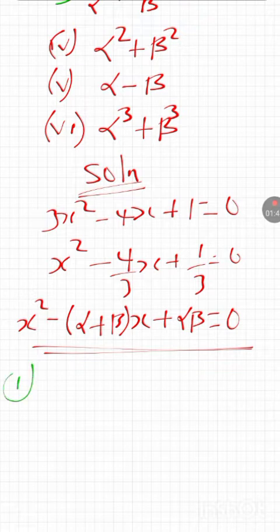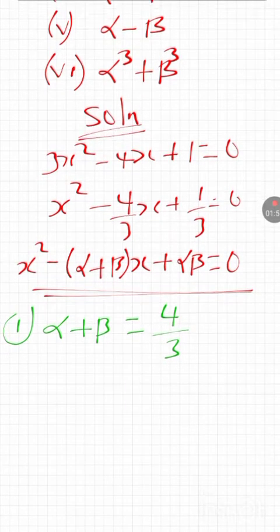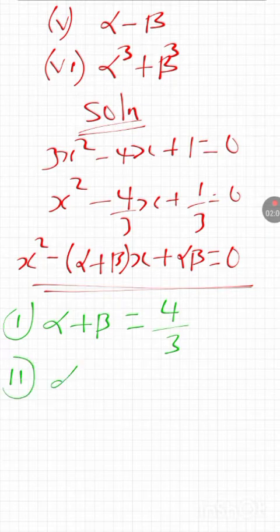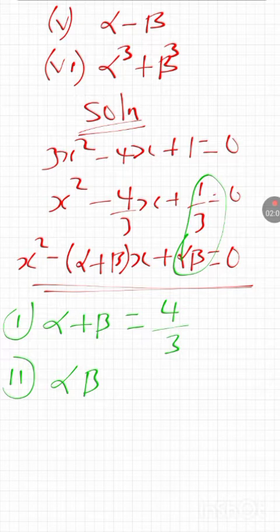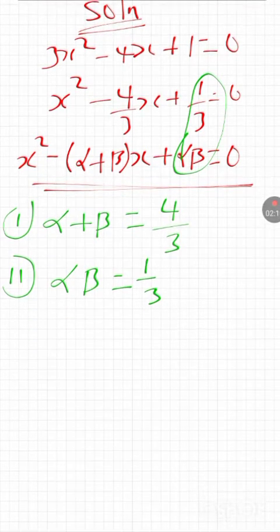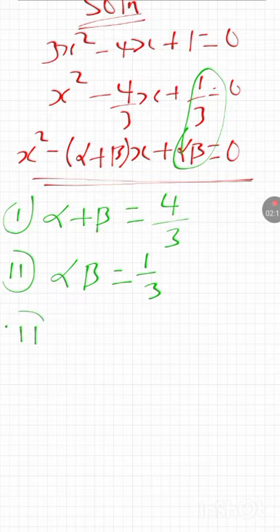Number 1 is to find sum of root. So comparing these two equations, my sum of root will be equal to 4 over 3. And number 2, product of root. Product of root will be equal to this, so product of root will be equal to 1 over 3. That is product of root. Number 3,